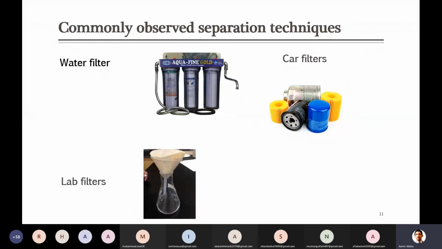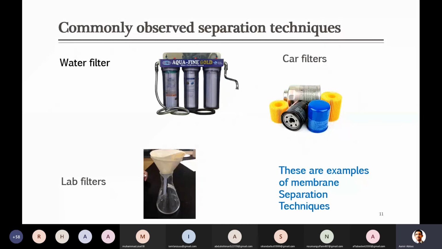So all these kinds of filters which we are calling water filters, they are all filters. Actually, I'm calling them car filters because they were used mostly in vehicles. Then there is a lab filter. These are examples, or we can link them with the separation technique which we have to study. They are somehow linked with membranes. Although all these kinds of filters we have discussed from common life separate some particles from a liquid stream or gas stream based on pore size.